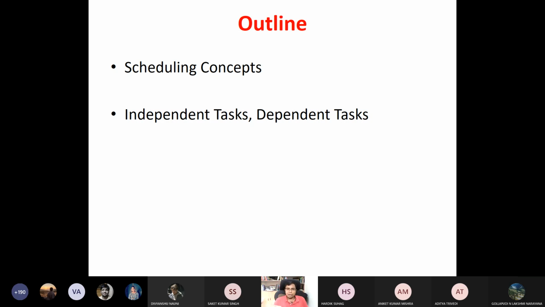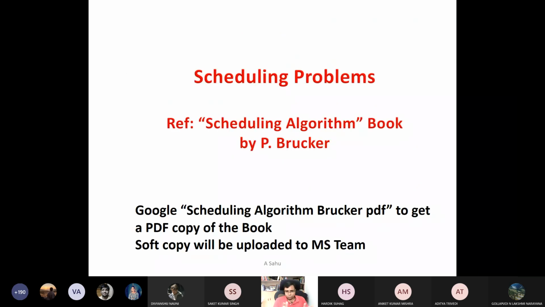Dependent tasks means one task will depend on its predecessor or successor. Suppose a task has a predecessor, then it will depend upon that predecessor. And after the execution of a task, all its successor tasks can execute. So that is dependent tasks. Okay. And for this whole scheduling related topic,